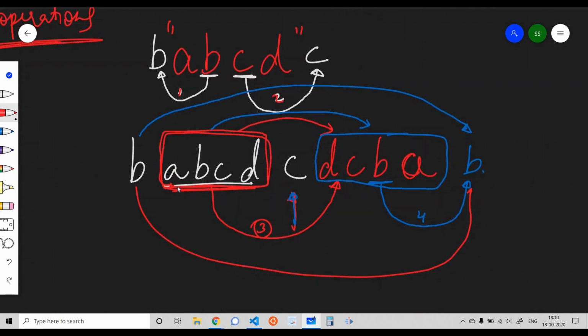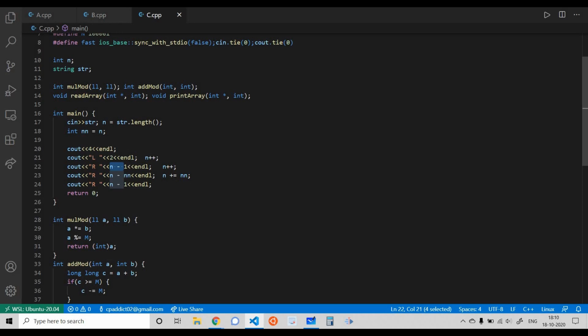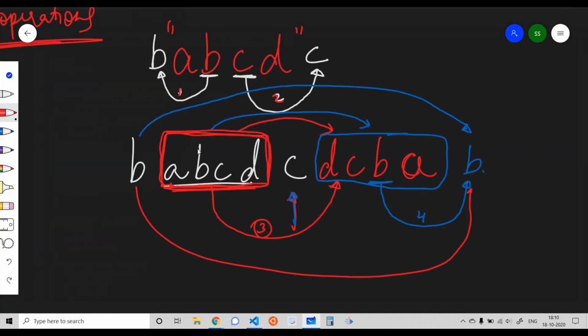Now after that, I would be picking the string which was given to us initially. Now it is present in between except the endpoints. I'll append the reverse of it at the end. I can find out the length of that initial substring, which is n minus nn, because I incremented n twice, and the initial length of my string is nn. Then after doing that, I simply append the second last character to my substring. That's all for this problem. At the end, we would be getting a palindromic string.